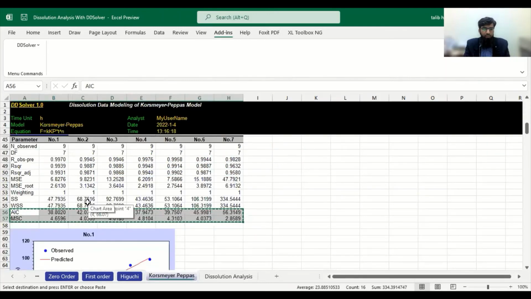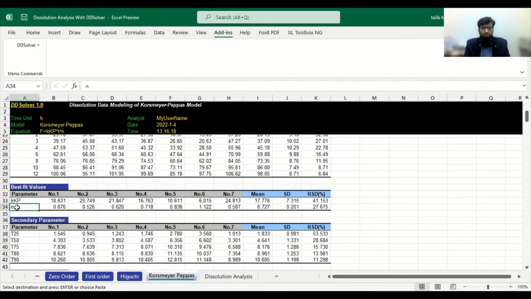Here is another parameter known as the N value. The N value is actually used to calculate the mechanism of drug release. If you look at the equation of Korsmeyer-Peppas, here is an N which is a superscript. So if we find N, it will give you the geometry of the system. According to Higuchi, the geometry of the system can be defined. And for Korsmeyer-Peppas, it will give you the mechanism of drug release.